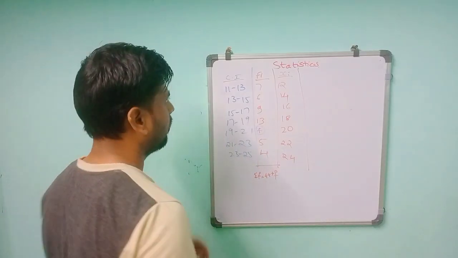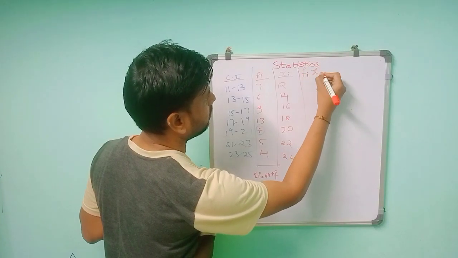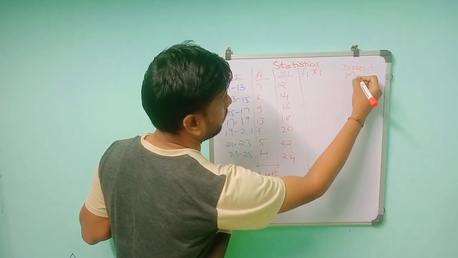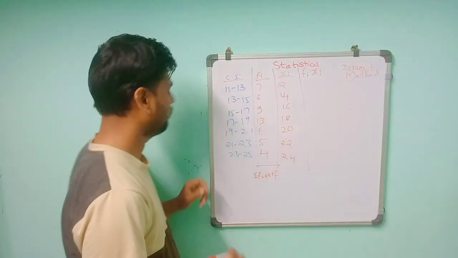So you can take directly this fi xi, that is the direct method. They have not told you to use this method or that method, so you can take the direct method only, because the values are in smaller numbers. So it will be